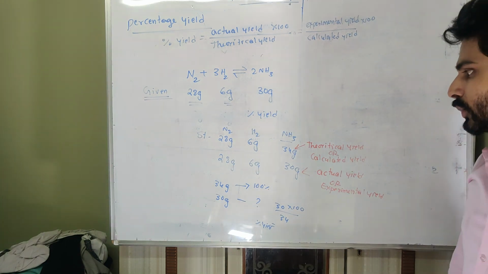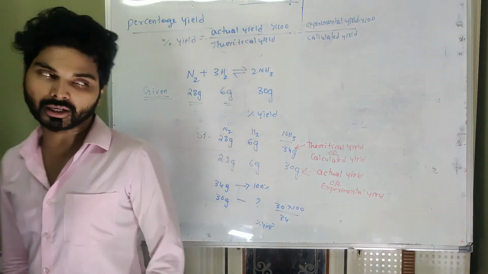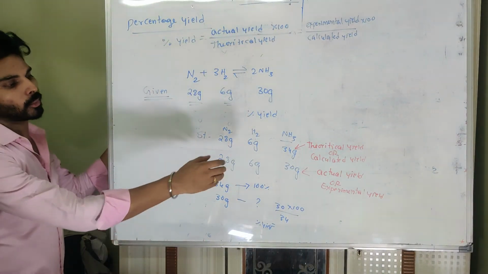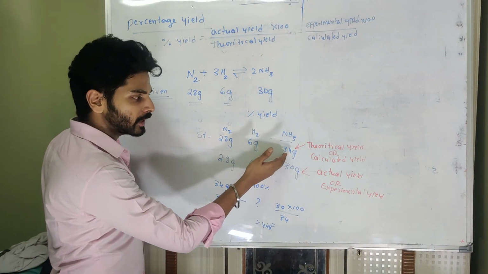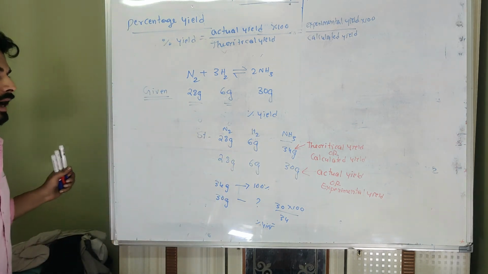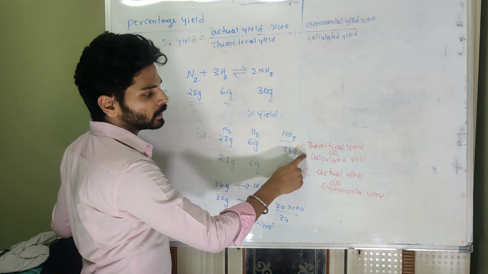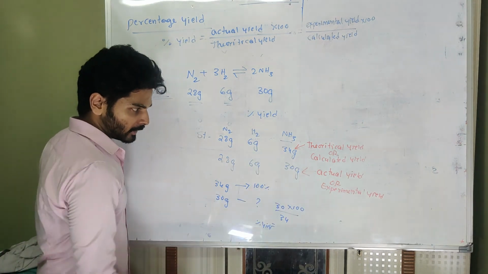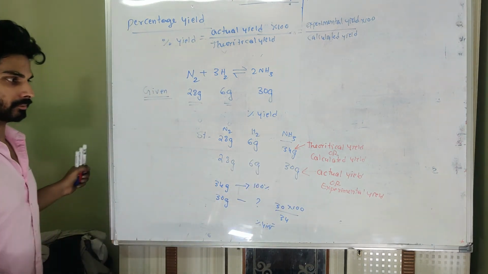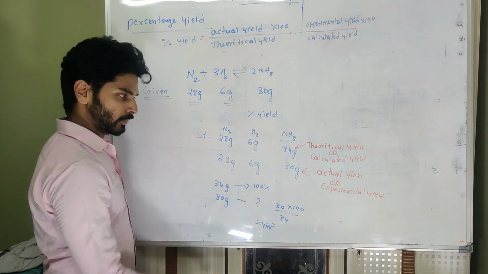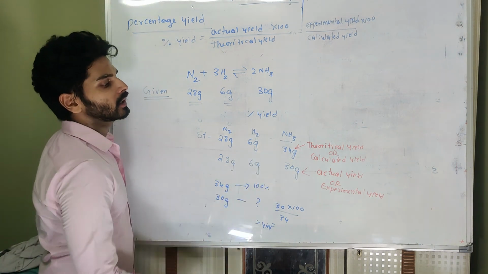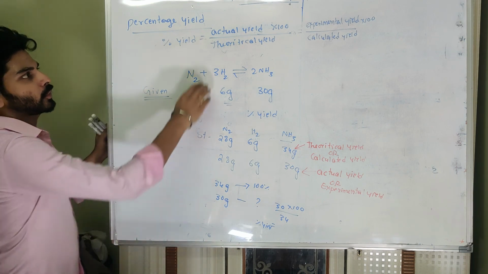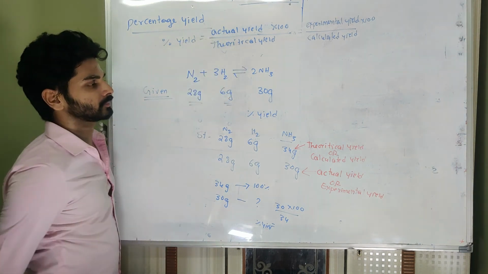What exactly we are doing is, here there are two calculations. One is how much must be formed stoichiometrically, that you have to calculate. Even without the problem we can calculate that. This theoretical yield can be calculated by stoichiometry, but the actual yield or experimental yield must be given in the problem, because this can be any amount that we have to substitute over here. Theoretical yield we have to calculate.